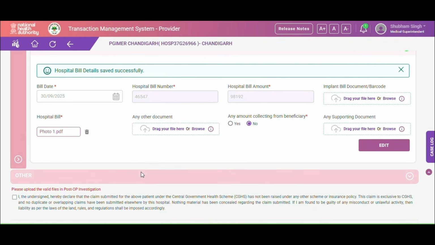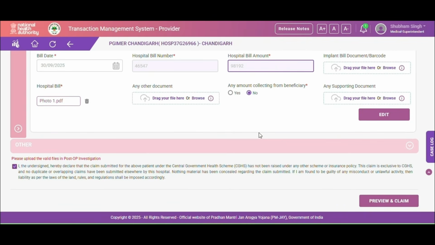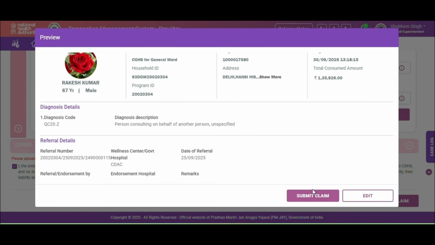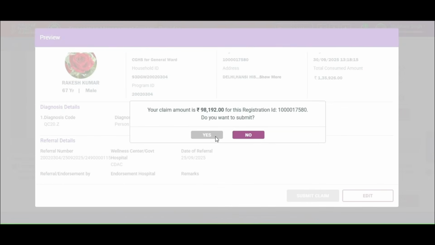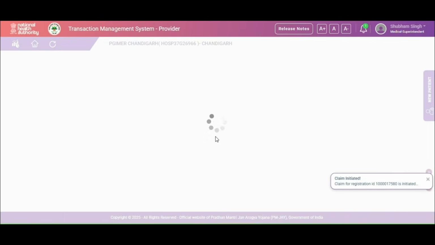We click on the tick box for providing the declaration, and then we can preview and claim. Click on the submit claim button. Click on yes. Now the claim request has been successfully submitted and the claim is initiated.